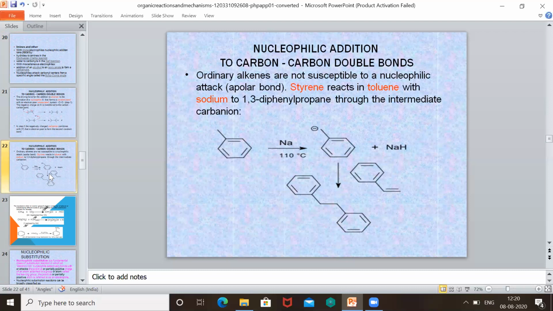So they undergo addition. Today we have seen what nucleophiles, electrophiles, and free radicals are, and how chemical reactions take place. Chemical reactions are initiated by reagents, and based on the reagents, reactions are divided into different types. Today we have seen addition reactions of different types. Free radical addition also takes place under high energy. Free radicals are formed only under controlled conditions. In normal conditions, we get electrophiles and nucleophiles. So that's all about nucleophilic addition, electrophilic addition, and free radical addition reactions.